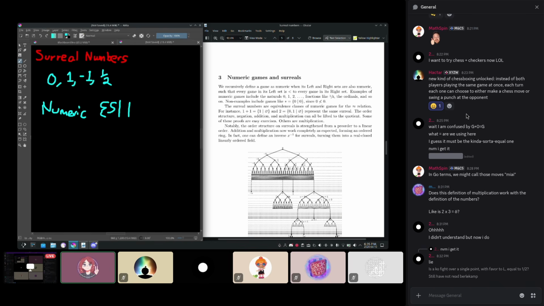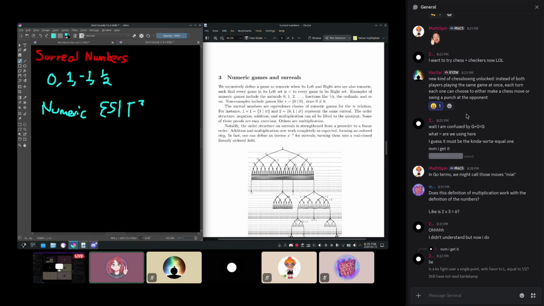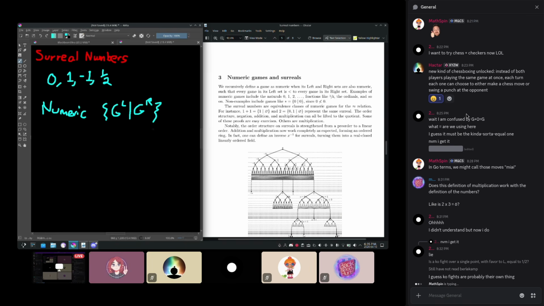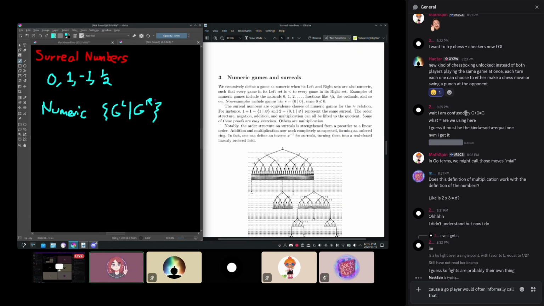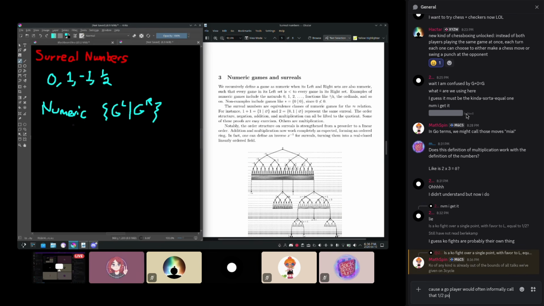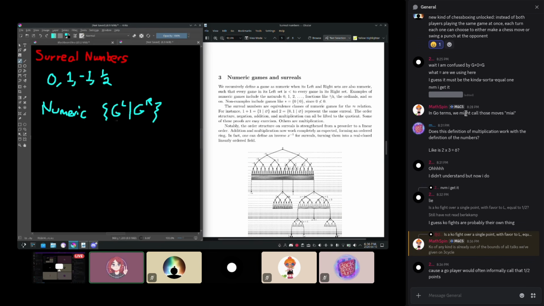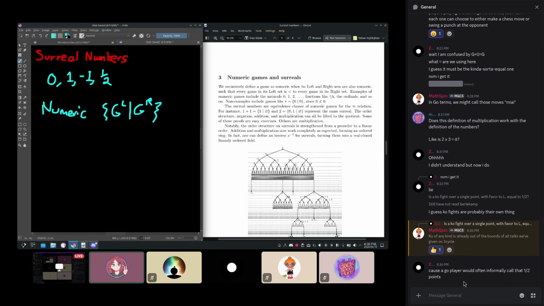So we're going to say that a game, I'll write it like this, GL, GR. A game is numeric whenever, first of all, the games that it's made out of have to also be numeric. So everything in GL and everything in GR is also going to be numeric. That means this is a recursive definition. In the base case of the game 0, both of these sets are empty, so this is a vacuously true condition. That's one of the conditions.